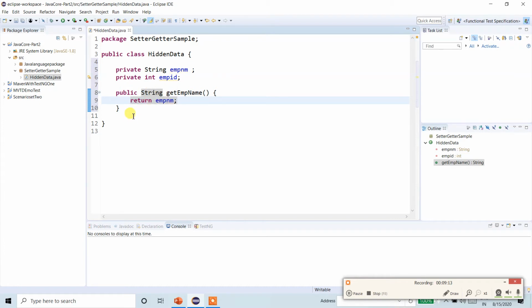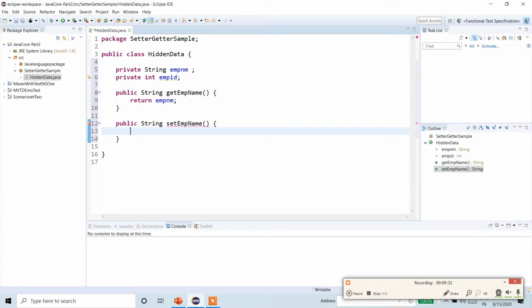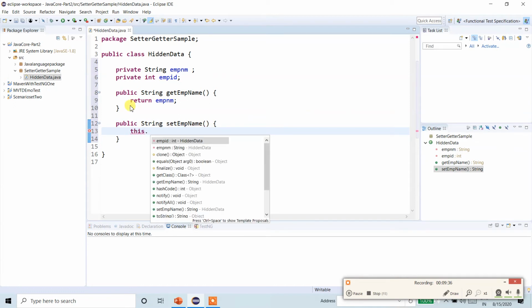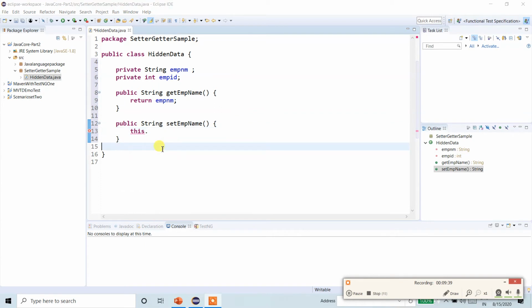Fine. Now, what will be the value of EMP name? Again I need to put a set method for that. So set EMP name. How can I set the value? By using the keyword this. Now what do I need to set?